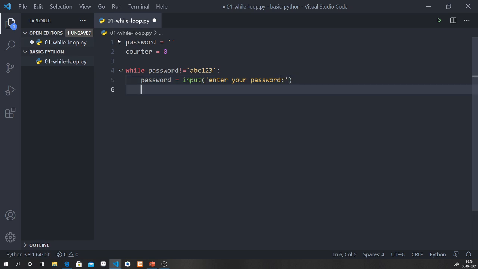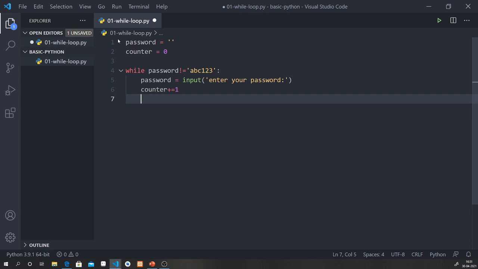Now I will increase the counter by 1 to check the number of attempts the user has, the number of times the user has typed the password. Every time the user types the password, the counter value will be increased by 1. At the starting point the counter value is 0. Whenever the user enters a password, the counter value will be 1, then 2, then 3, like this.